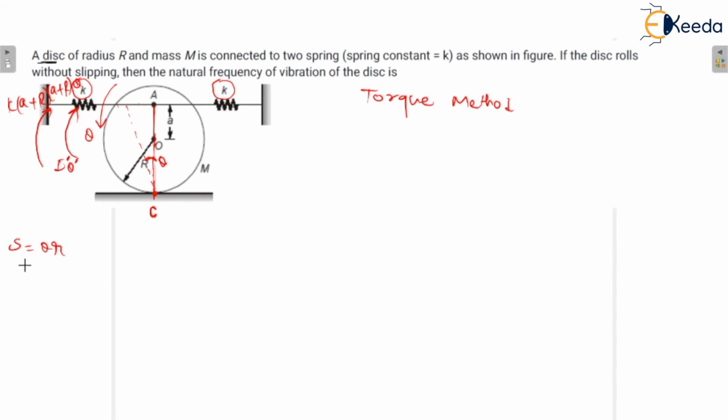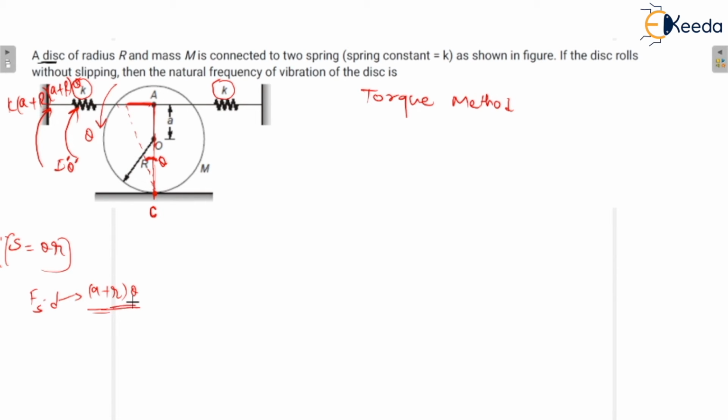Okay, arc is equal to theta R. We know this general formula. So basically what we have done here is spring force multiplied by the distance d. D is basically a plus r. But here we just have to consider this r because the spring is moving in the horizontal direction. So the movement of the spring is in the horizontal direction. So this length would be d into theta. So that's why it is a plus r into theta.